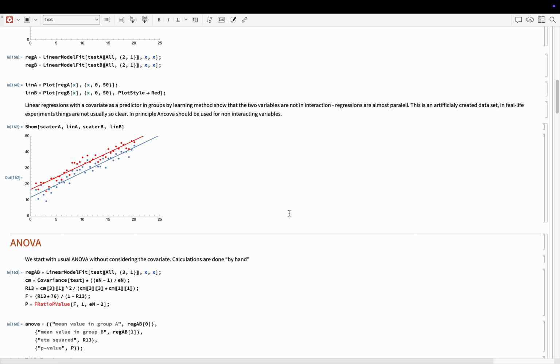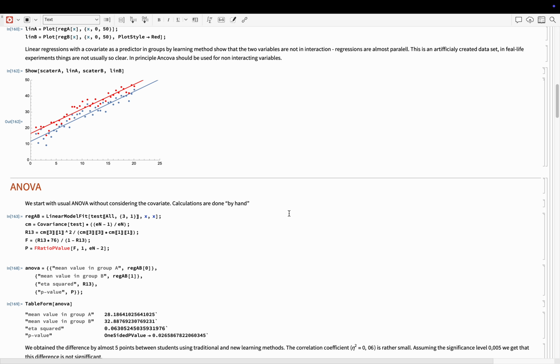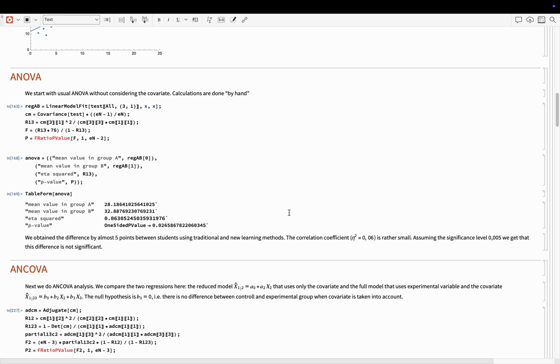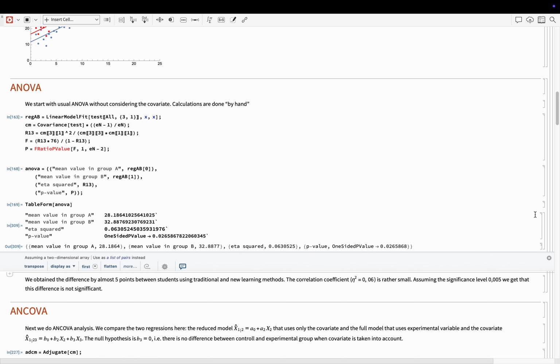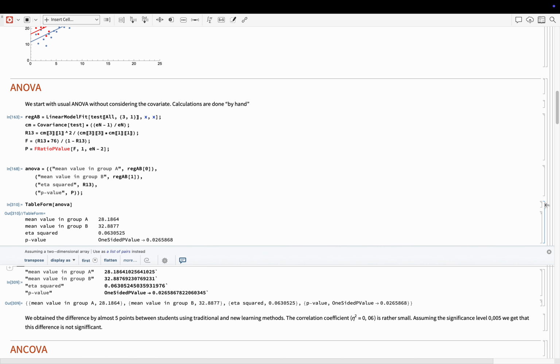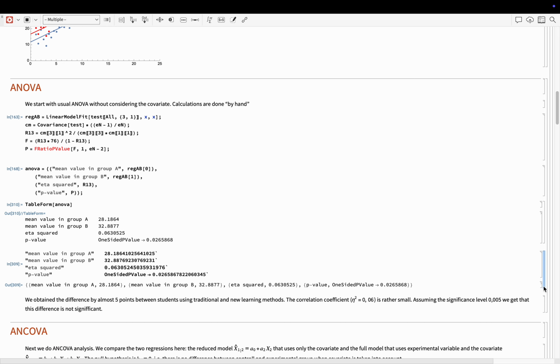We are going to compare ANCOVA with ANOVA. Therefore, let us start with the usual ANOVA, and everything here is calculated by hand. However, as you can see, we use